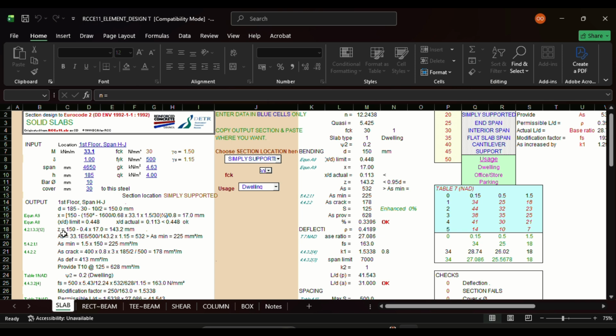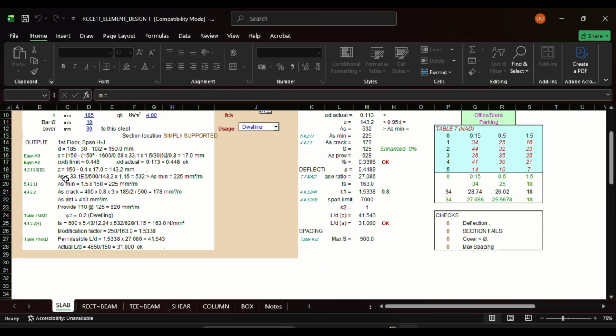We have Z, which is lever arm, which is the internal distance between the center of compression and the center of tension. AS, which is the area of steel required. As you can see in this case, it is 532 millimeters squared per meter. AS minimum, the minimum steel required by code to prevent brittle cracking. And this is the provided steel, which is 628 millimeters squared per meter, which must always be greater than the